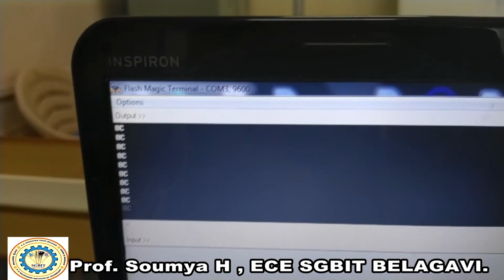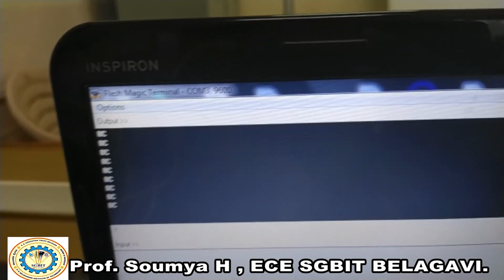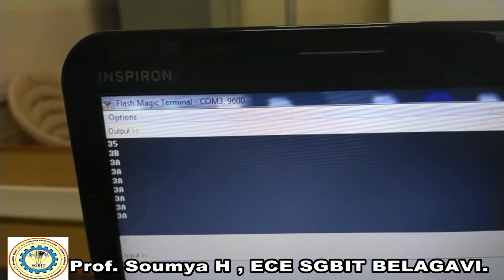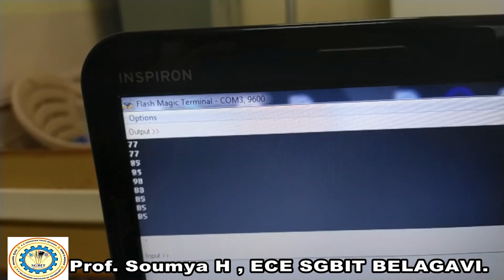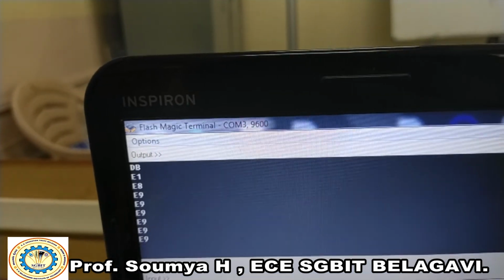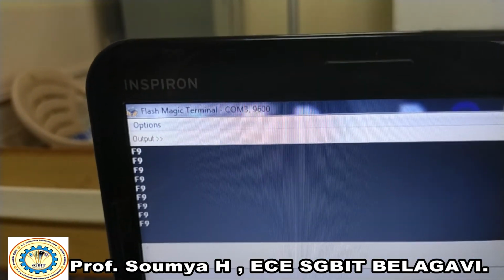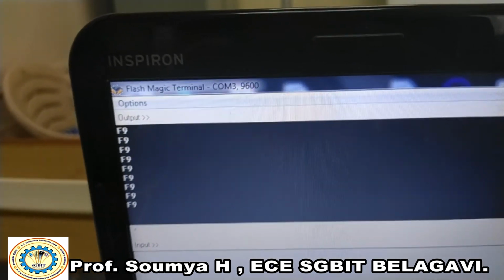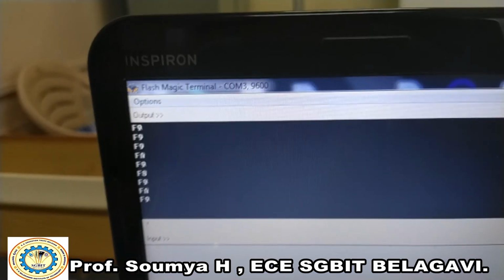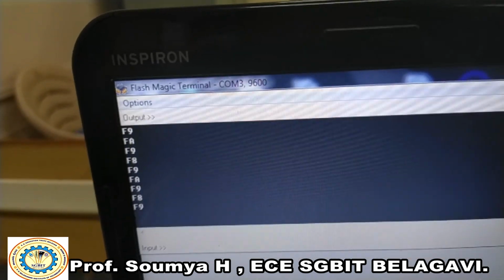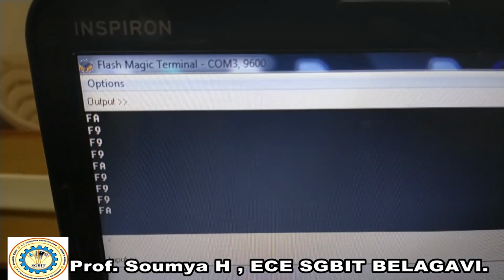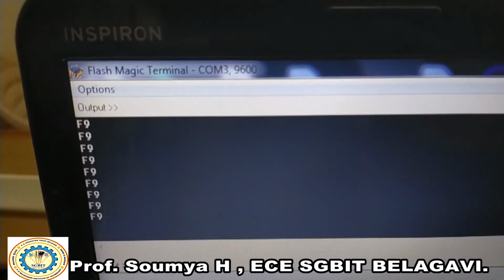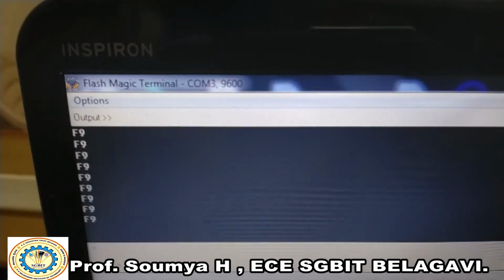Here you find a lower value at lower voltage, and as I increase the analog voltage, you get an increased value. It reaches up to a maximum of FFH. Sometimes there is an error, some resistance occurs, so you get a maximum of FFH. We can vary smoothly. This is all about conversion of analog to digital. The digital output is seen across the terminal window of the execution.